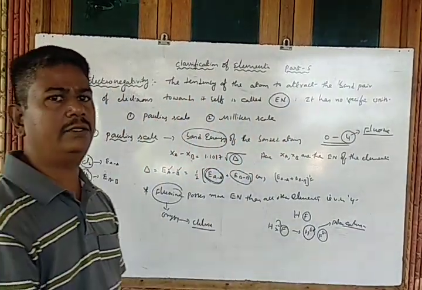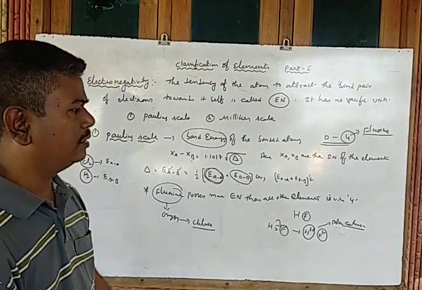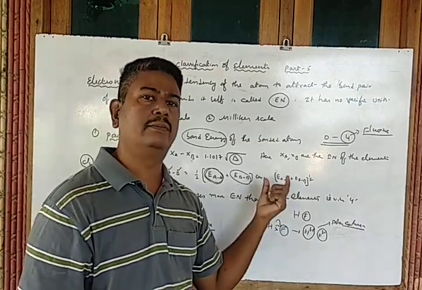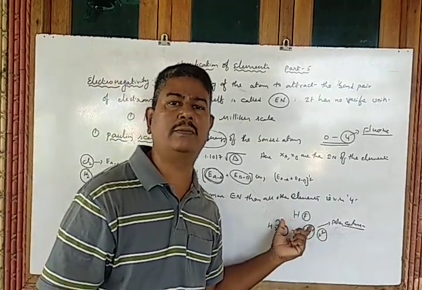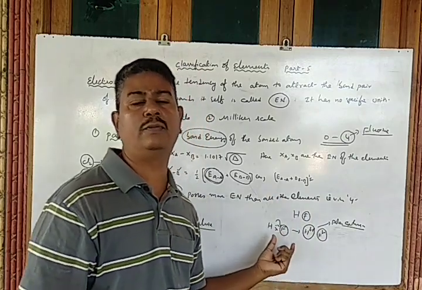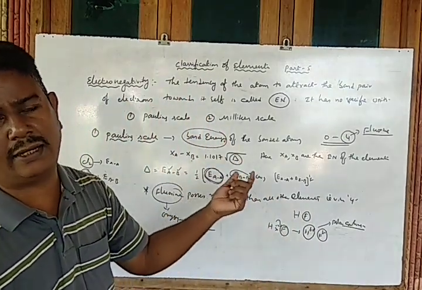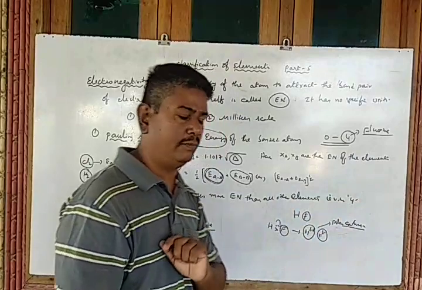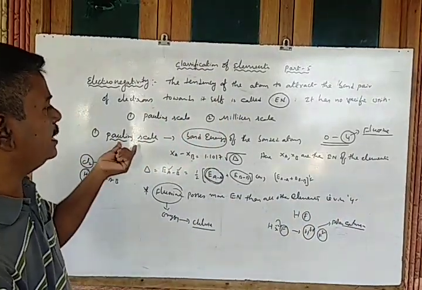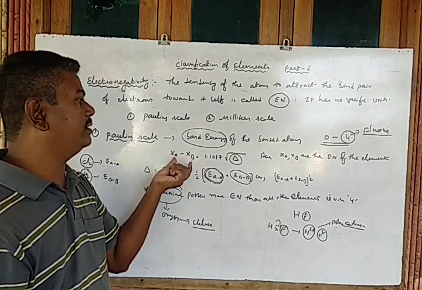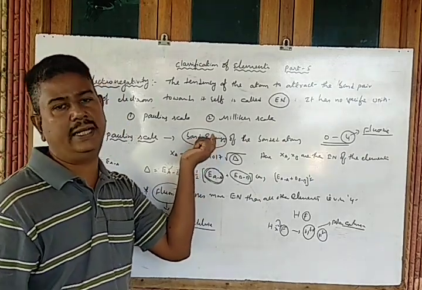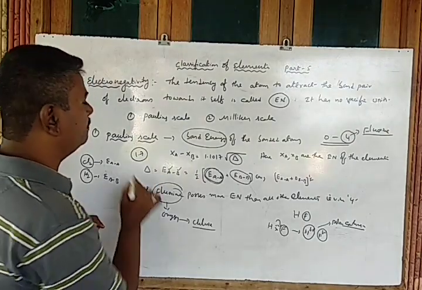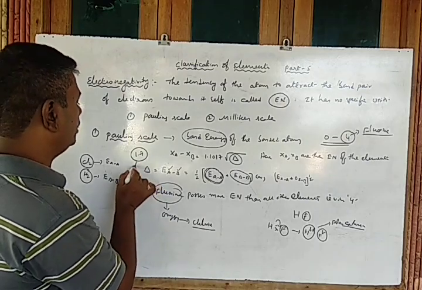In the chemical bonding chapter you learned in the previous class, in your 10th class, about the polar covalent bond and the non-polar covalent bond. A polar covalent bond is formed when two atoms of different electronegativities participate in covalent bonding. The more electronegative element attracts the bond electrons towards itself and acquires a different polarity. Such a bond is called a polar covalent bond. According to the Pauling scale, the electronegativity of atoms depends on bond energies only. If the electronegativity difference is greater than 1.7, it is said to be an ionic bond.